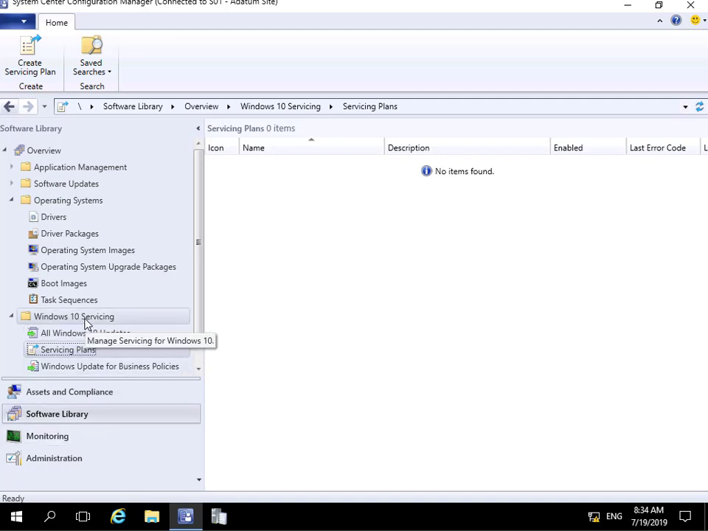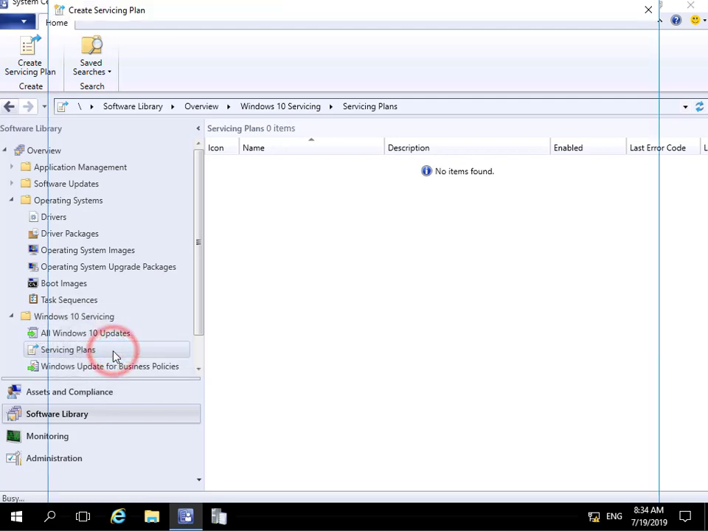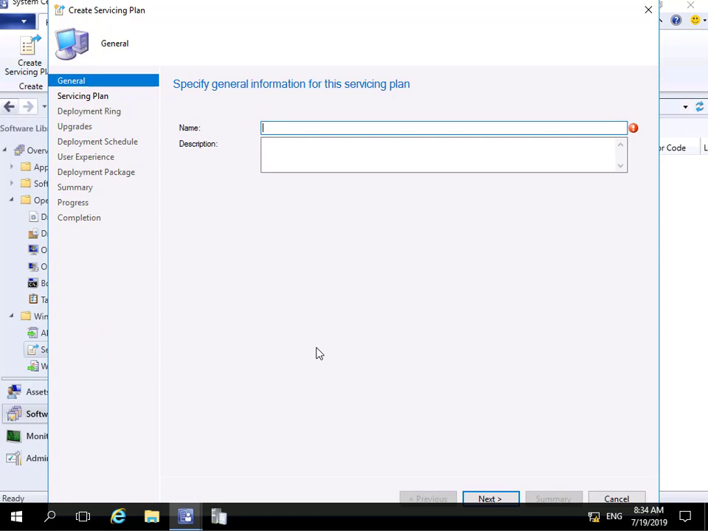into Windows 10 servicing, come to my servicing plans, and now we're going to right click and create a servicing plan. First thing it's going to ask me for is a name, so we'll just enter the name. I'm going to call that Windows 10-Ring1-IT Pilot. Once we put the name in, I'm not going to bother with the description, so we'll just select